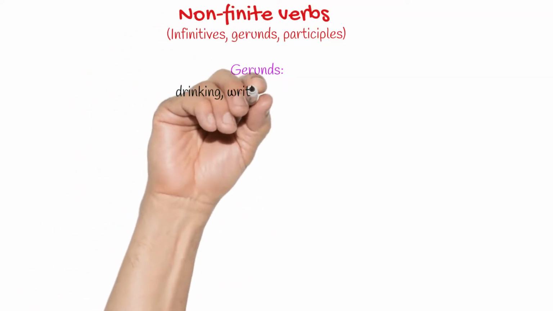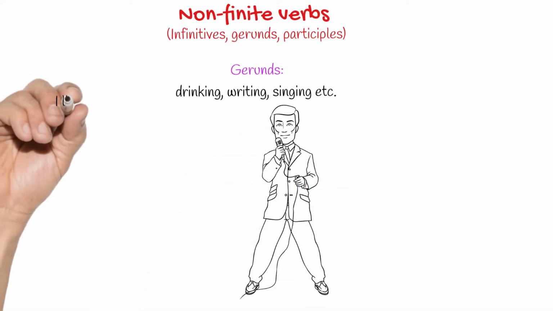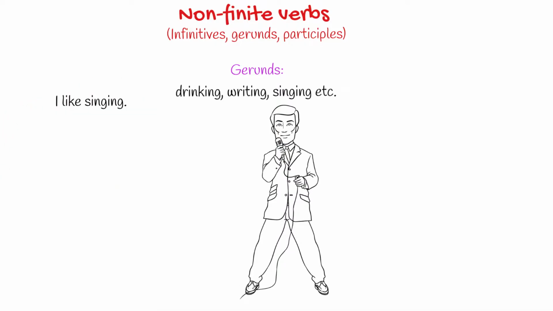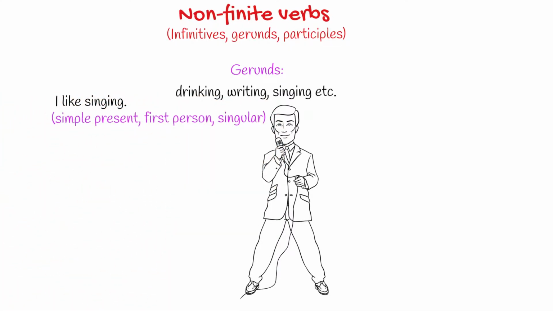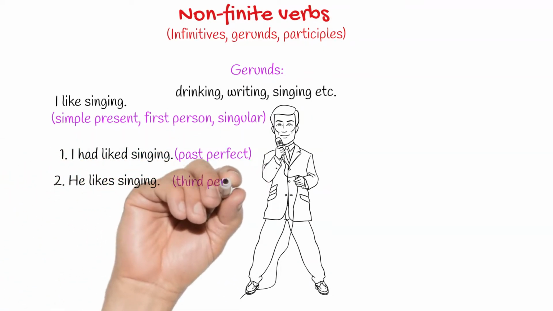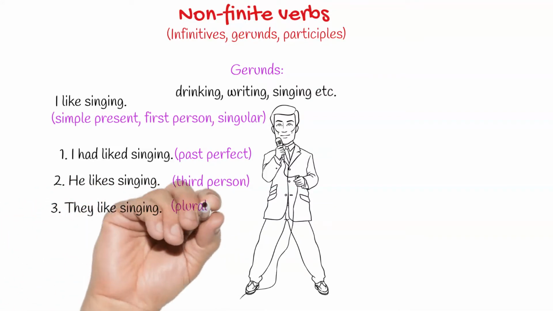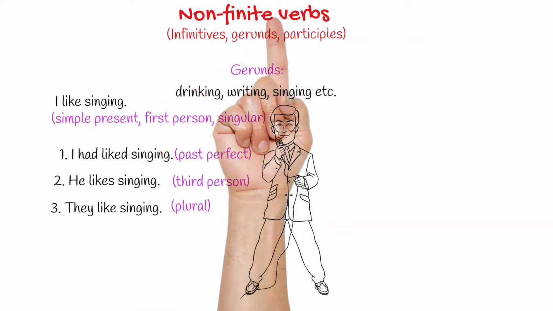Gerunds are formed by adding -ing to the base form of verbs such as drinking, writing, and singing. They function as nouns in sentences. Examine this: I like singing. With reference to the statement, the following sentences have respective changes in tense, person, and number. I had liked singing. He likes singing. They like singing. I'm sure you have noted the gerund in all the sentences remaining unchanged because it too is a